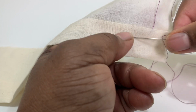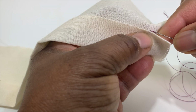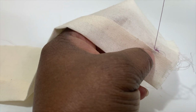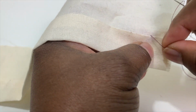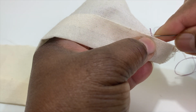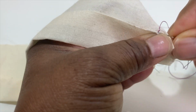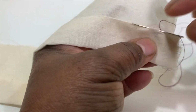So what you want to do is take one or two threads from your fashion fabric, just like this, and pull your thread through. You're only going to be using a single piece of thread, not a double thread. Exactly where you went through on your fashion fabric, you come back down and pick up about a nice 1/4 of an inch or so of fabric on your hem, only on the fold. You see how my needle is in the fold? So you come out of the fold. This would be the crease or the fold. You come out,